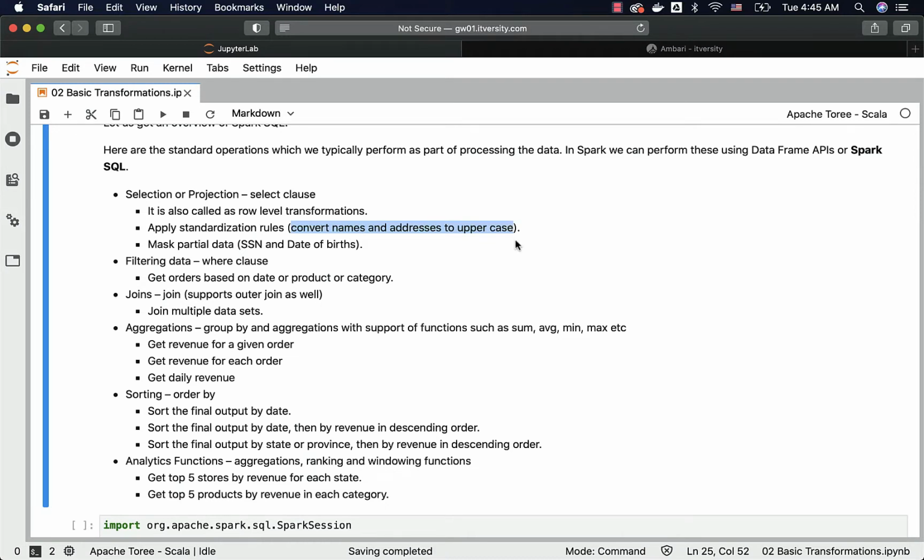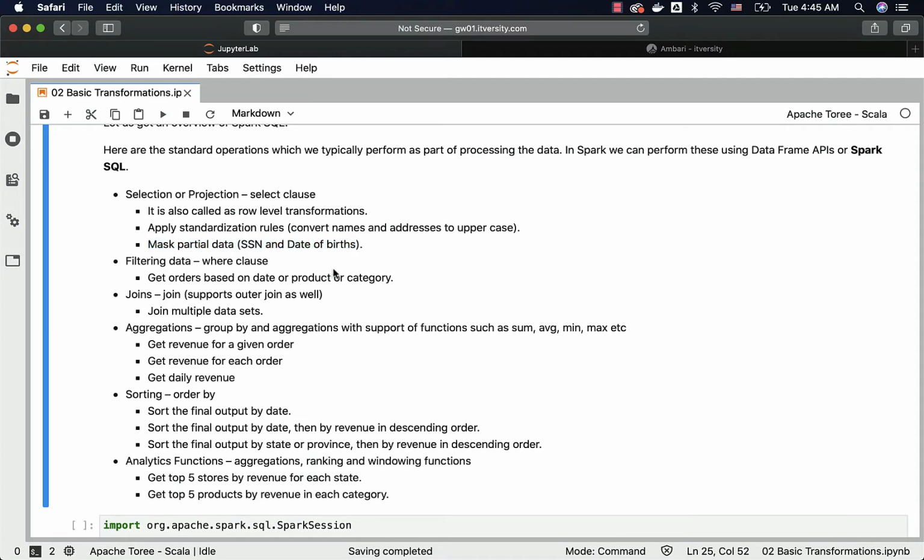Before getting into those aggregations, first we might have to apply certain row level transformations to split the address into these different fields. Also, as part of the selection or projection of the data, we typically mask partial data for compliance reasons. For example, with respect to SSN, we don't want to store the complete SSN number because of the compliance reasons, and hence we only store last 4 digits by masking the first 5 digits. It is the case even with the date of birth. Typically we mask date and month, and we only store the year. That being said, all these transformations are called row level transformations because we are applying on individual rows by deriving new values from the existing column values.